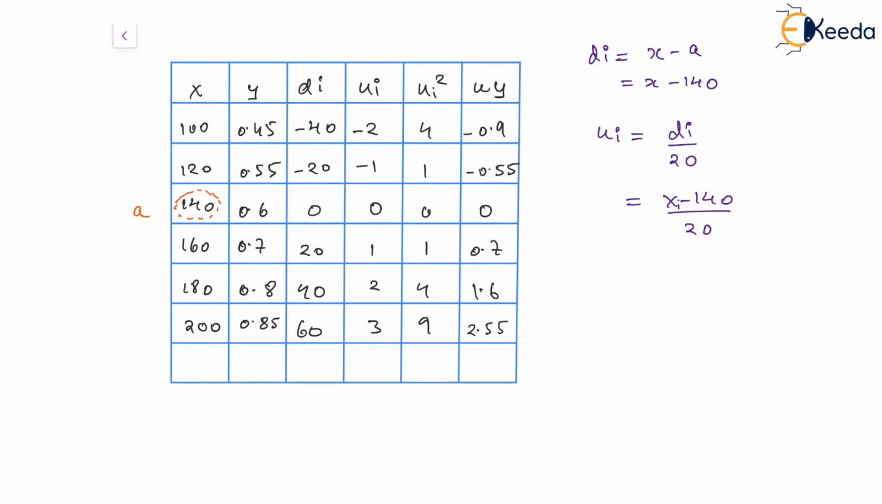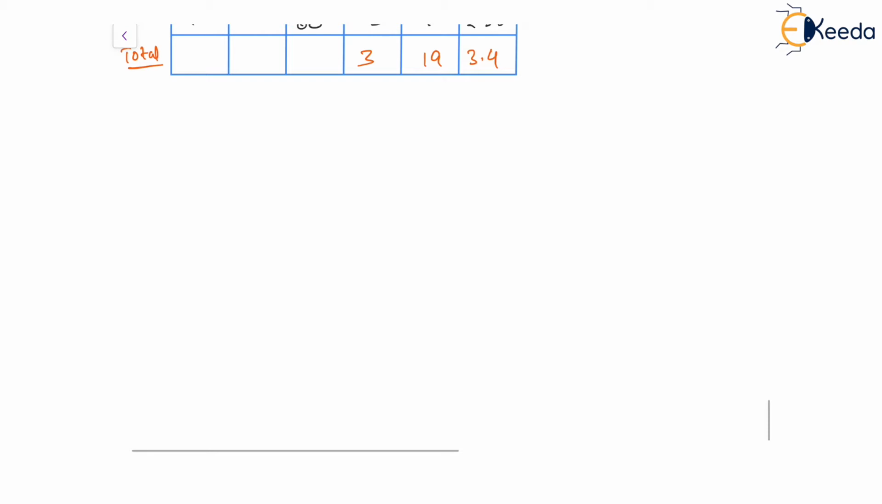Now looking for the totals, the sum of u will be equal to 3, the sum of ui square will be equal to 19, the sum of uy will be equal to 3.4, and that is all we need here. So with this information,